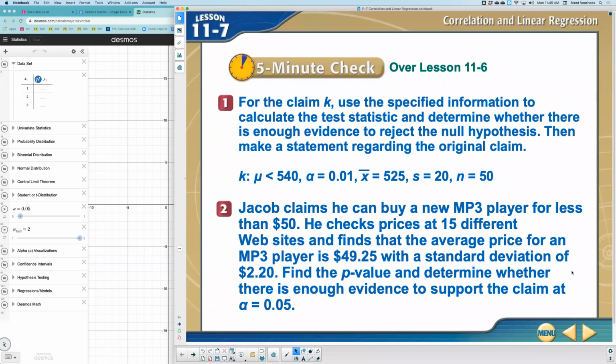Let's take a look at lesson 11.7, the last lesson for chapter 11 of inferential statistics. We have a bell ringer here to review hypothesis testing, and then we'll start with our new lesson. So number one here,